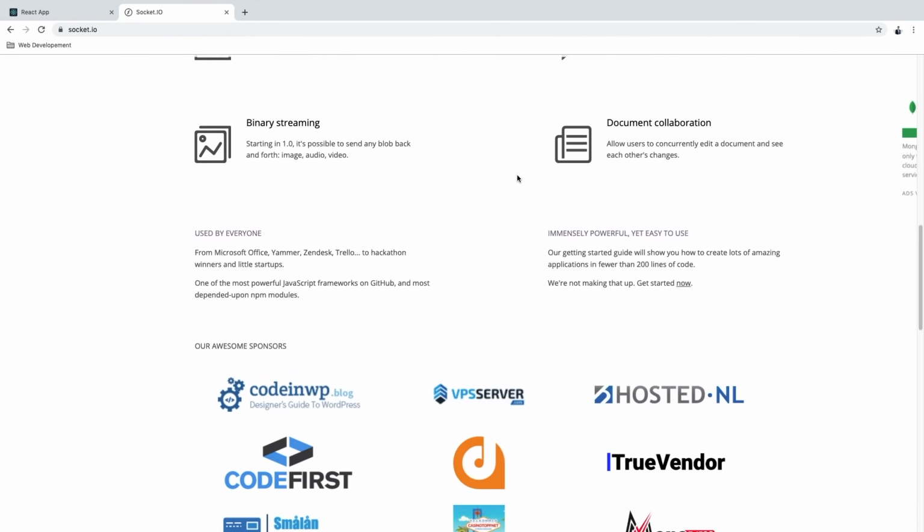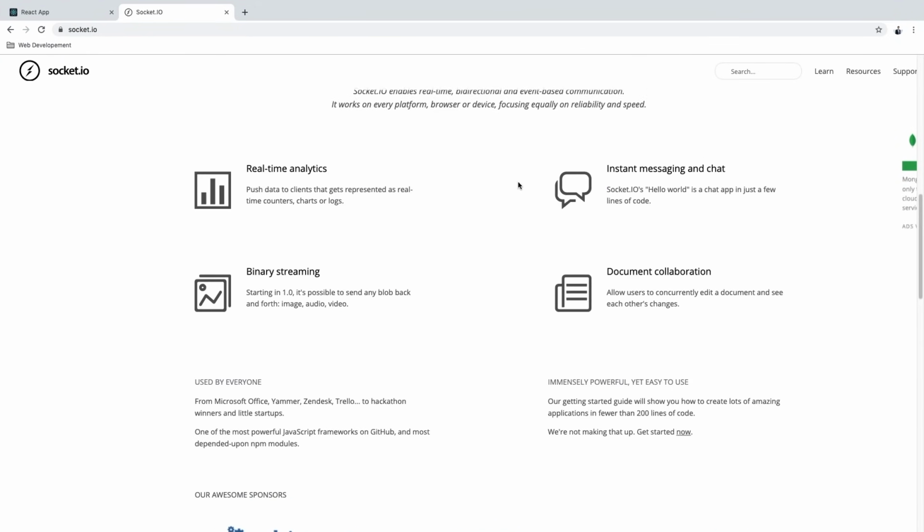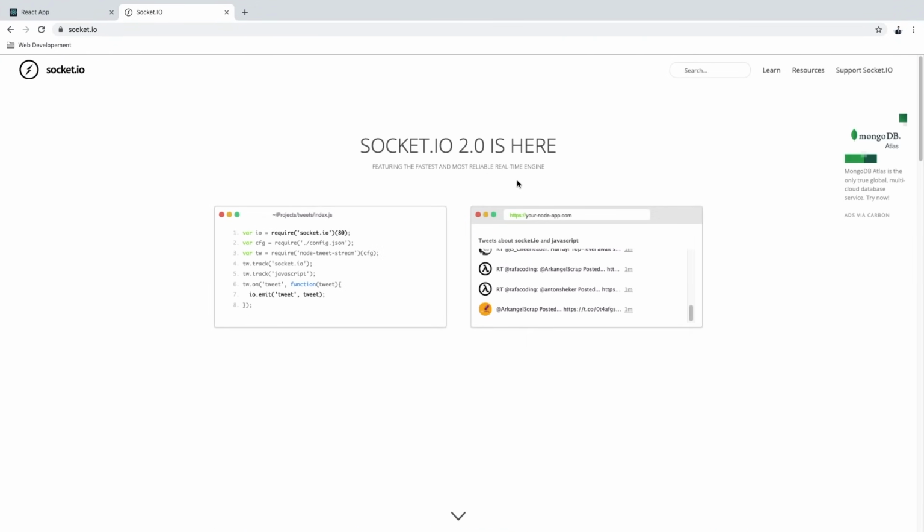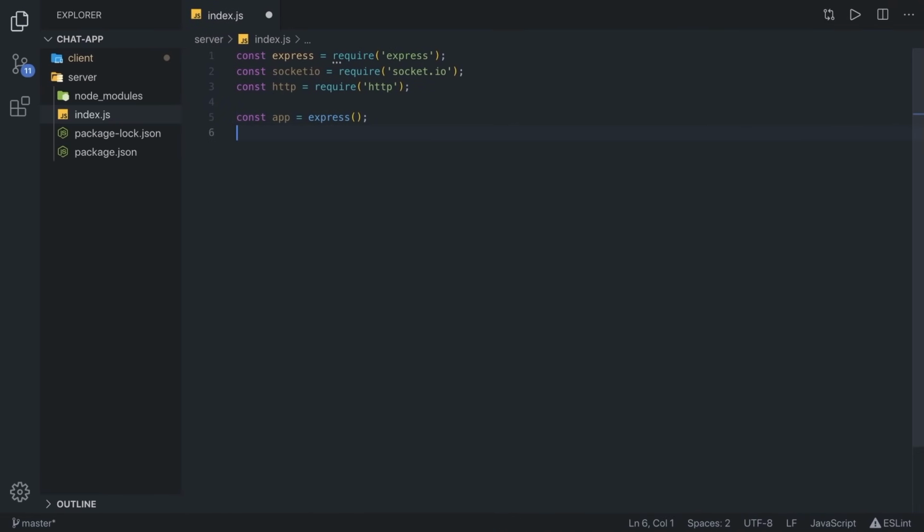Basically, with socket.io, you can do anything that is real time. If you want to do something real time, you need to use sockets, not HTTP requests, because HTTP requests are slow. They're good for serving websites, but you need to use WebSockets, which socket.io is using, to actually show something in real time. So let's get back to our Node.js application and let's initialize our server so we can properly set up our